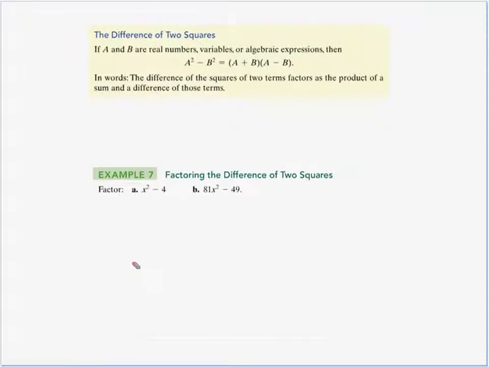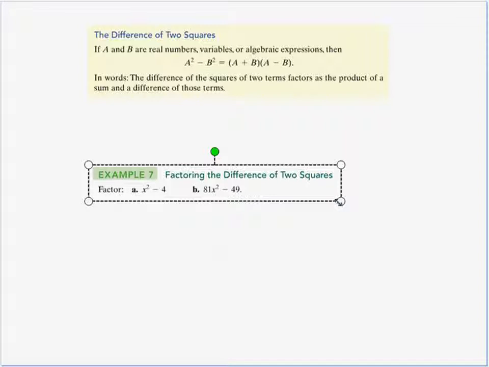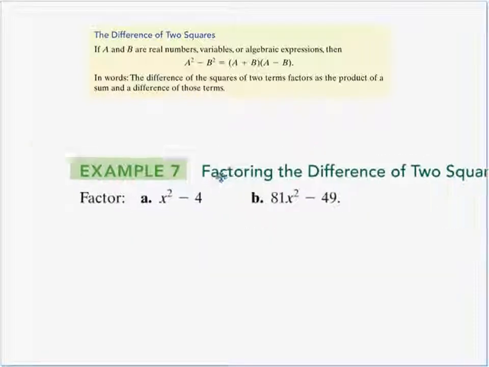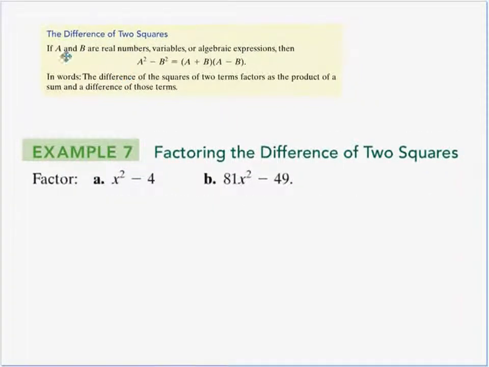Okay, now this is a special case. It's a shortcut. If you recognize that you can use it, it will save you time. You can always just do it the old way if you don't recognize that it is a shortcut scenario. But if you've got two numbers, a and b, they're real numbers, variables or algebraic expressions, then we can do this. If you have one perfect square minus another perfect square, it breaks down into a sum and a difference,